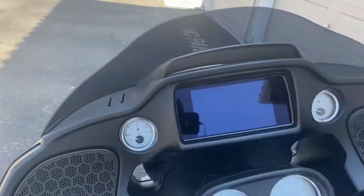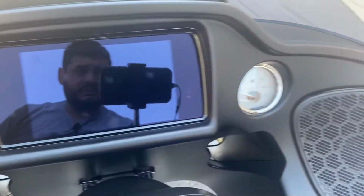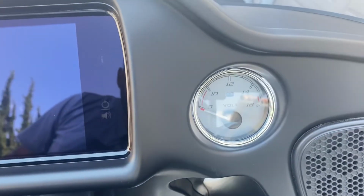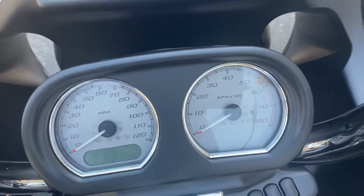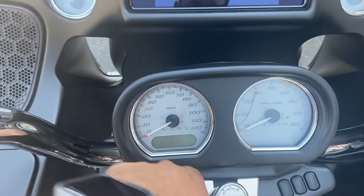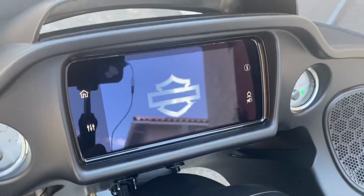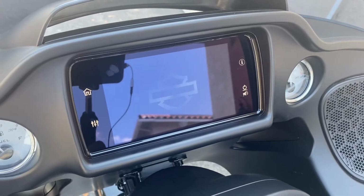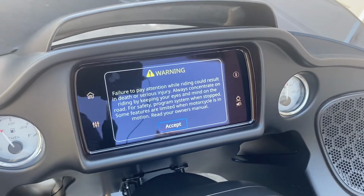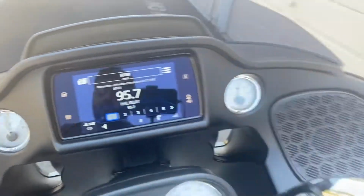Now with the gauges and stuff like that, it does have your fuel gauge right here to the left. You got your monitor, which I'll turn on in just a second. You have your volts for your battery. It's a little blurry right there. You got your speedometer. And this is how you turn on the bike down there for you. I'm going to go ahead and just turn it on right now for you. Very self-explanatory on this. I'll show you guys that in just a second, but we'll start off with the handlebars